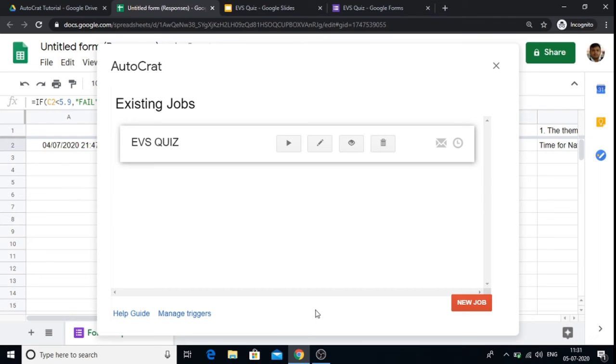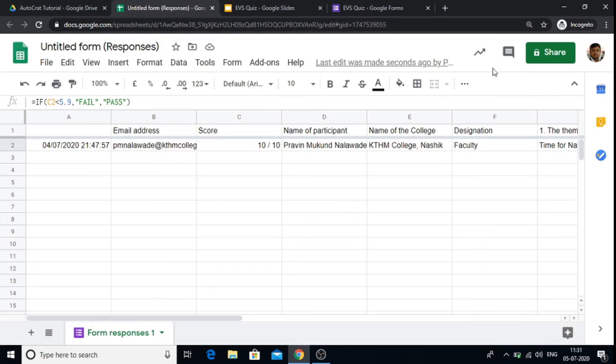Now you may send the link of your quiz to your students and wait until your students solve the quiz. All the responses will be generated in the form of Google Sheet. The system will automatically trigger after 1 hour and send the certificates.